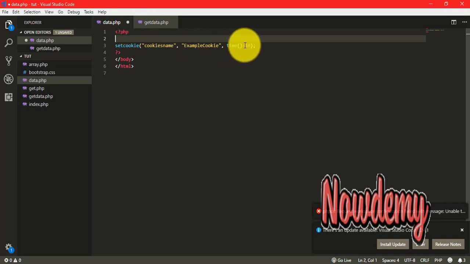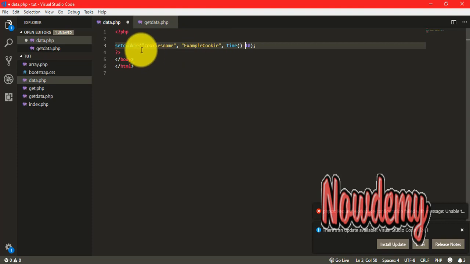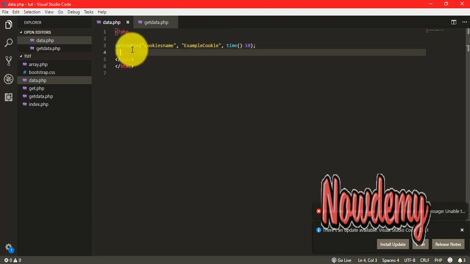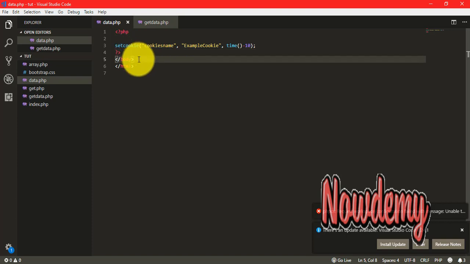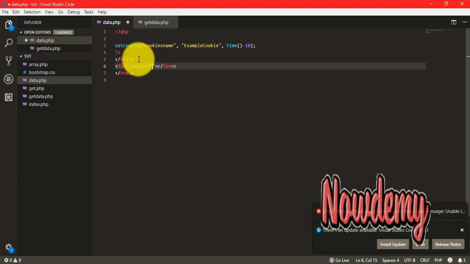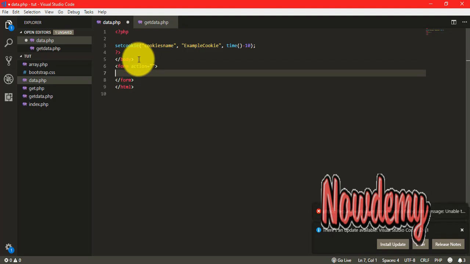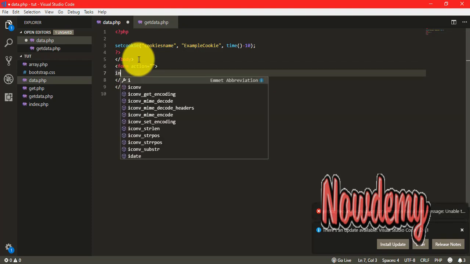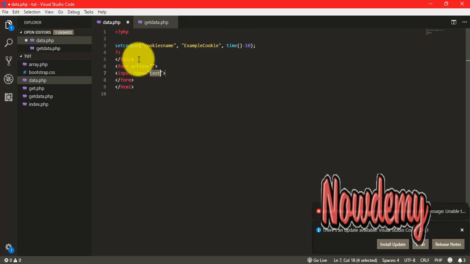We will not understand this example of deleting cookies this way, because this is not so hard but confusing to understand. So we will take this example with a simple form and button. So we'll create a form here, and we will create a button also here. Input type button, submit actually,